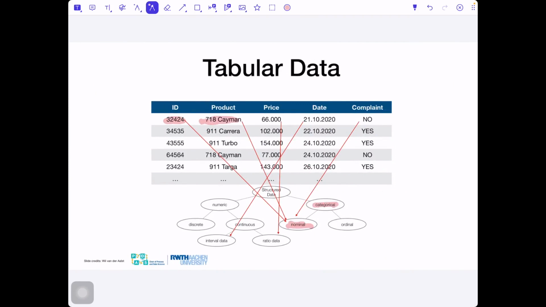Product is also nominal, because we could say we have one product, then another product, and so on. Price is ratio data, so we have price in euros and cents here in Europe. Date is interval data, we don't have a logical zero. And complain, whether the person complained or not, is also nominal data, because we can only distinguish that either the person complained or not.